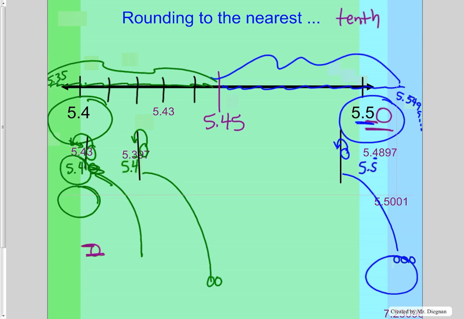And finally, 5 and 5,001 ten thousandths. There's that 5 in the tenths place. So I'm going to look up here. This is going to fall right here in that blue area for sure. Just a tiny bit more than 5 and 5/10. That's where it's going to go. If I bring that wall over, see, the 0 tells the 5 to stay the same. It will round to